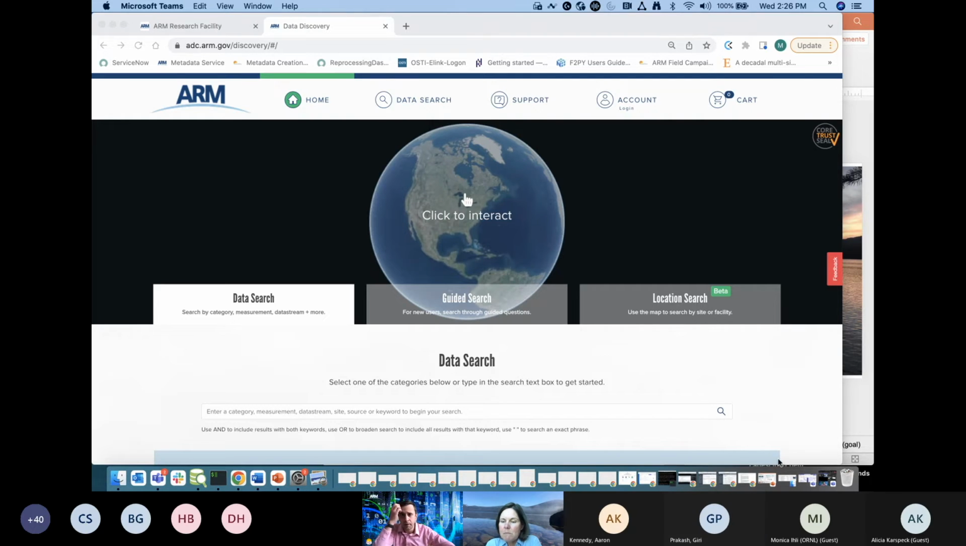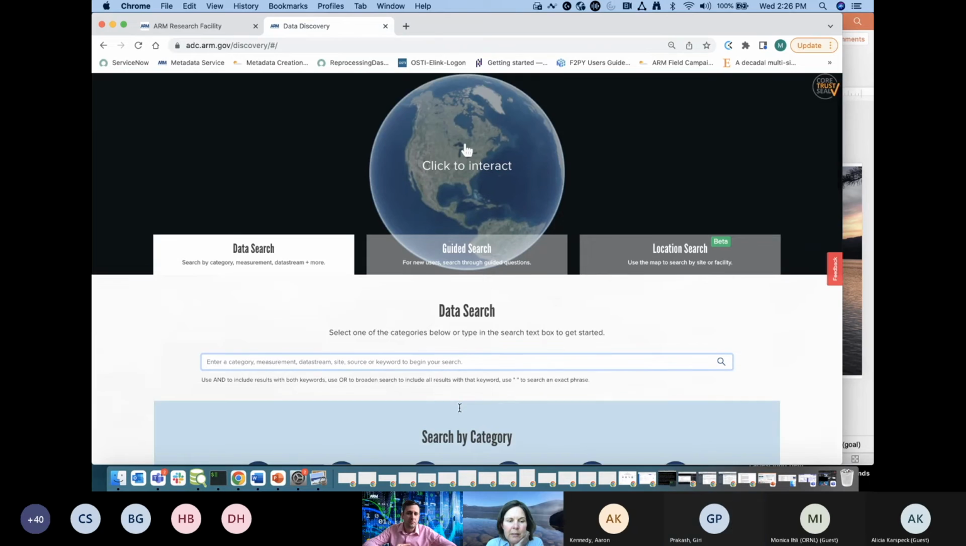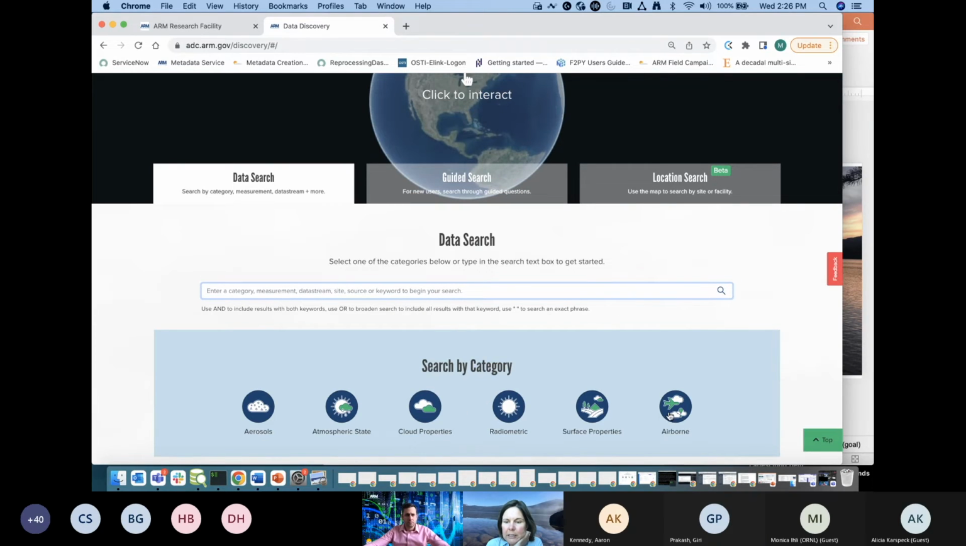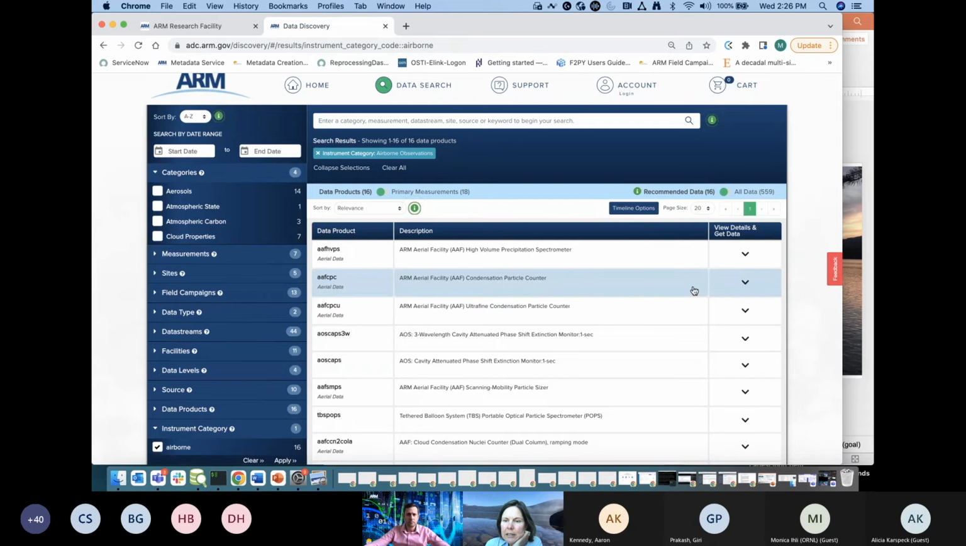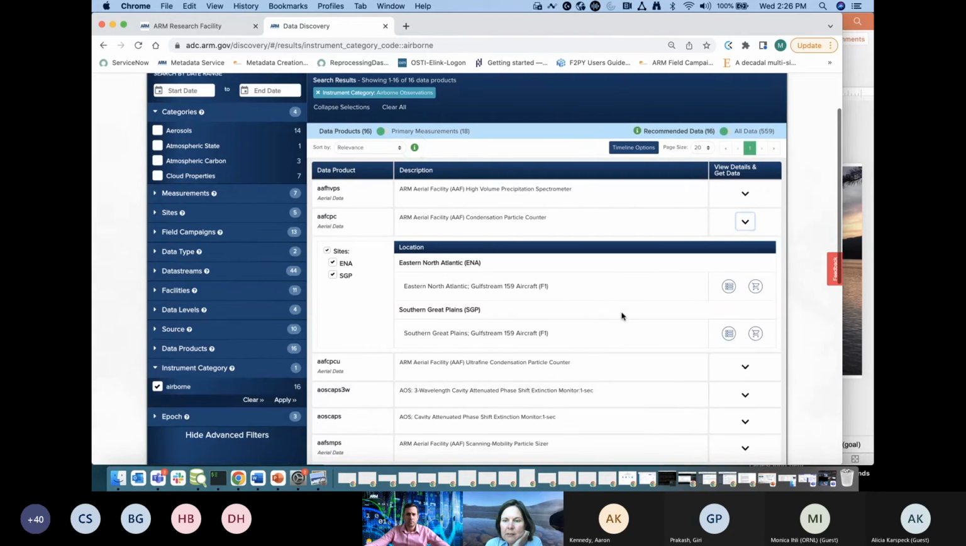Thanks, Gary. And the other question here, and Maggie, maybe this is something you can show us, is if someone uses data from the ARM repository or ARM VAPs, how do you cite it in a paper? Wonderful. Okay, well, let's pop over to data discovery, maybe look at some of our airborne data, and then we would be able to see